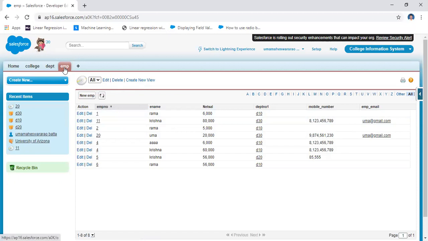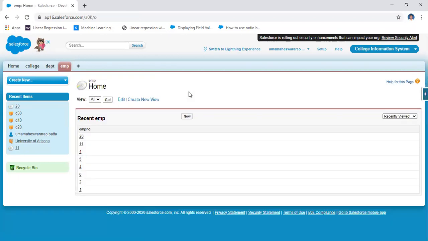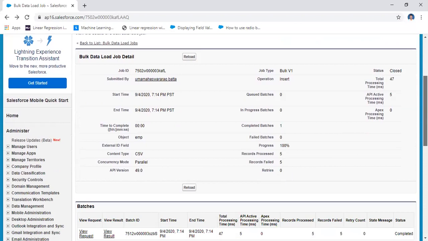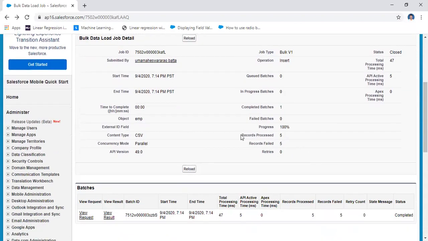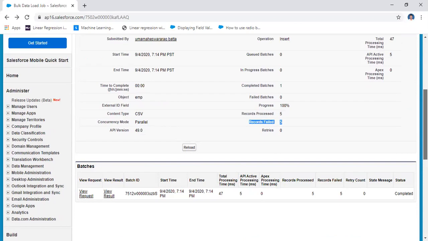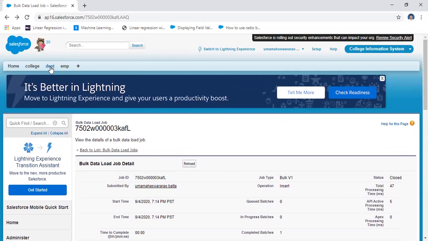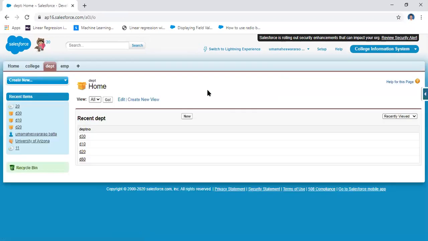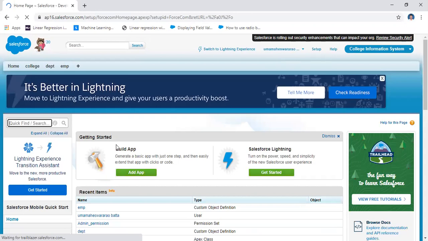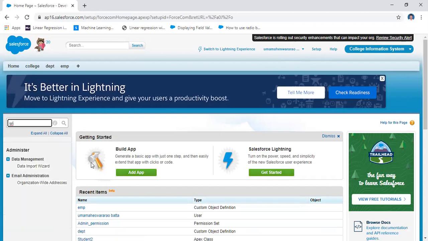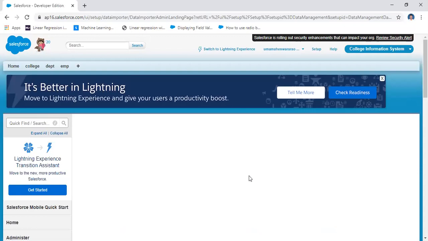I think it's not added. Yeah, here it added some records. The records processed are 5 records, and then failed records are here. Failed records file means it's not processing the records. Otherwise you may go for the department. It has the failed records. Why it failed, I don't know. Go to the wizard, import wizard. Here go to the data, import wizard.